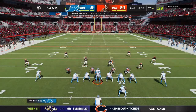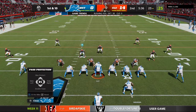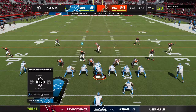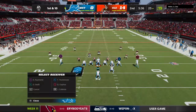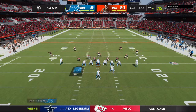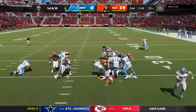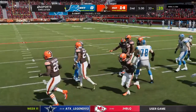The Lions offense ready to kick off their next drive. The results for them so far not that great. Well, not good at all. 3 drives, 3 punts. Yeah, and now what you're doing is you're looking at your play sheet. You're trying to figure out what you're going against defensively. I wonder, are they showing them something they haven't seen or anticipated in practice, and maybe that's throwing them off? Or do they just have to go to a different play calling section and try and run some offense that